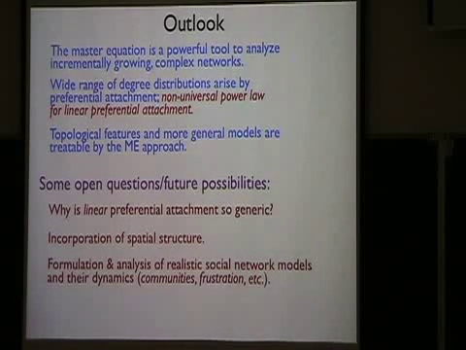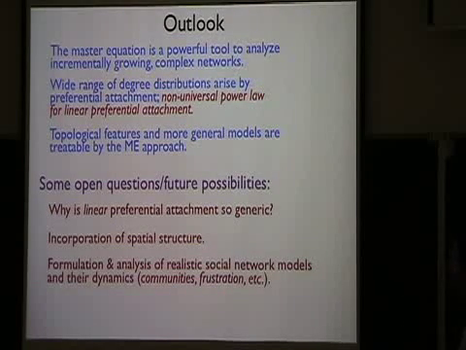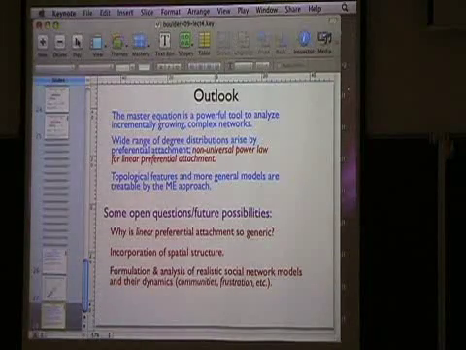And another thing is that this is all for a static network where the notion of a link is something that you might think of as a good thing. But in social networks, links are being rewired. Some links might be considered good because you might be friends with somebody, but some links might be in some sense bad. You have some enemies, and how do you navigate a social network where there are some friendly relationships and unfriendly relationships? There's also large-scale organization, in that one has communities as well. So I think that for these sorts of realistic social settings, the field of network analysis, the formulation of models, and the methods of solutions are still pretty open. So with that, I'm done.